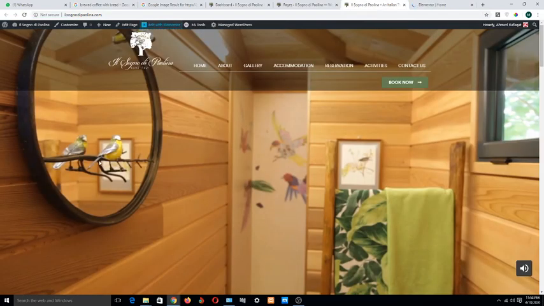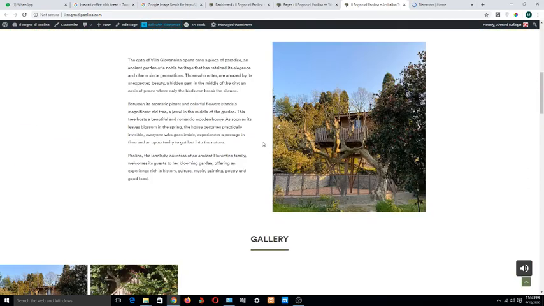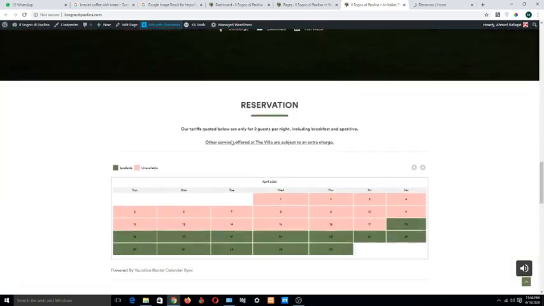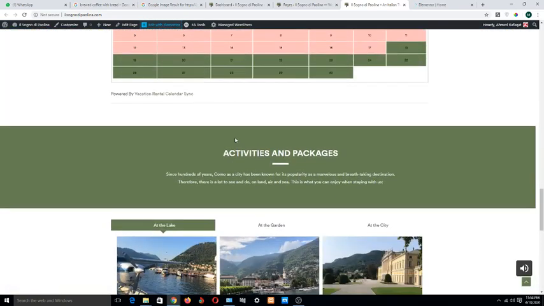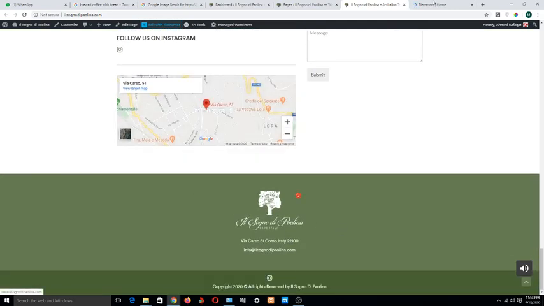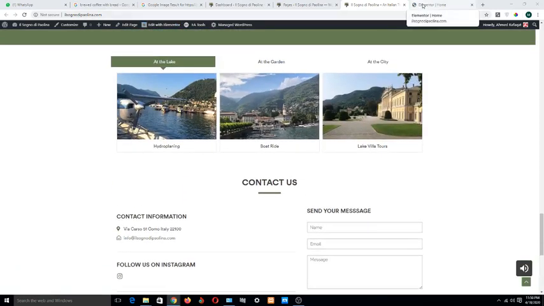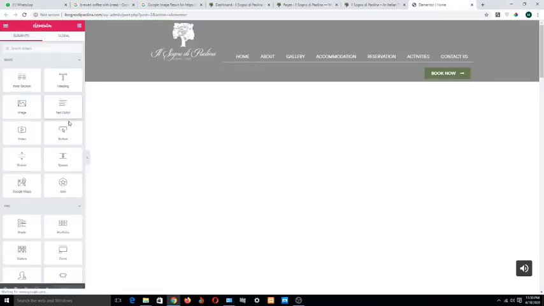a new page will open, and in this page you can change this image, this content, this and all this content. Okay, and not this footer. You can change all the body area when you click on the front page, and a new page will open with the name Elementor Home.